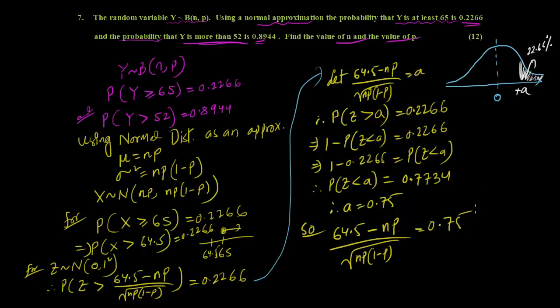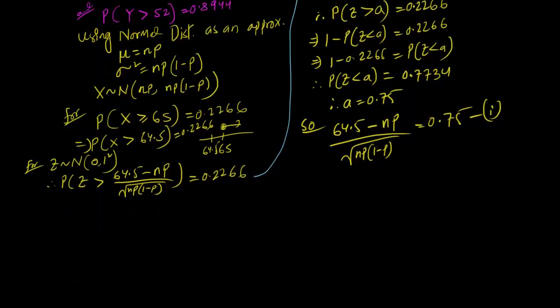We have some sort of an equation. Let me keep it over here. This is equation 1. The next information, y is more than 52. So y is more than 52. This is what we're going to work on. So let's move over here. So here what we have is, for probability of x is greater than 52 and the probability is